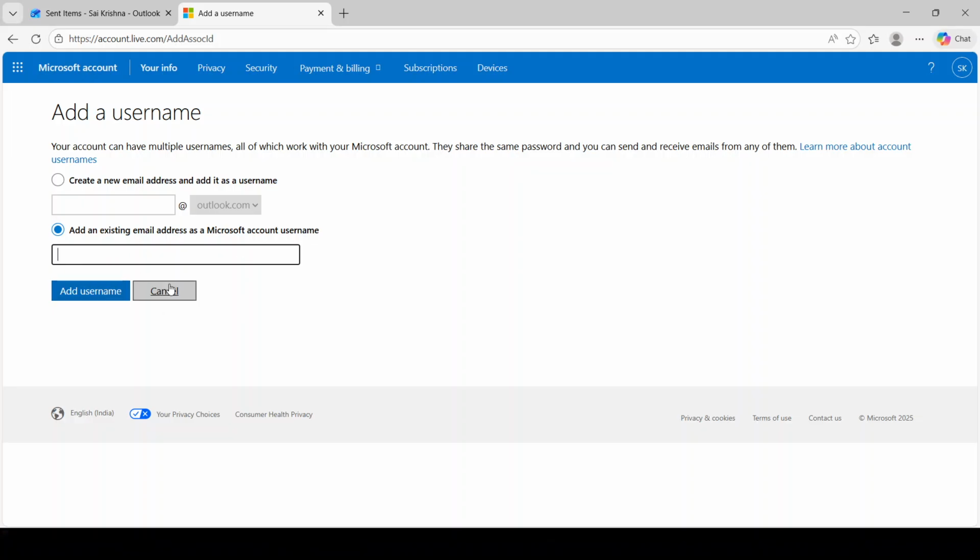If Microsoft asks you to verify, complete the quick verification using the method offered, such as a code sent to your email or phone. This helps confirm that you own the address. Your new alias becomes active immediately for receiving email, and messages sent to it will arrive in the same inbox